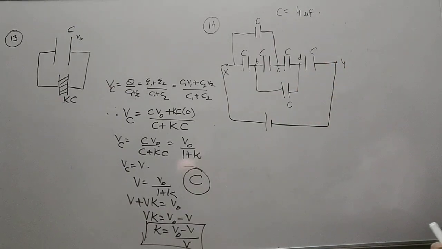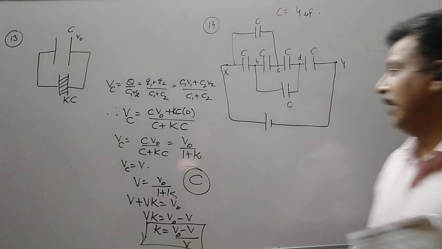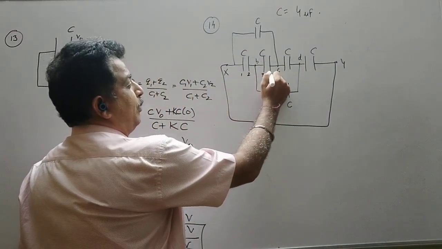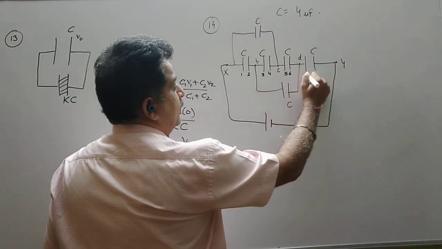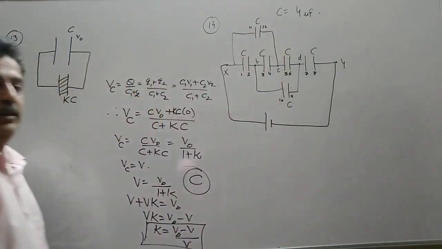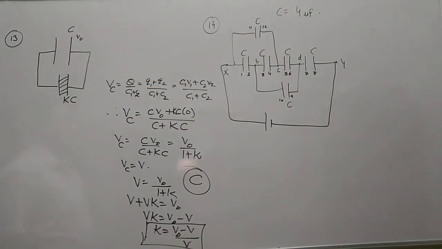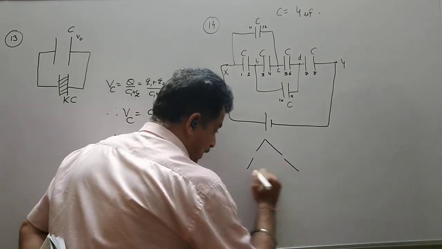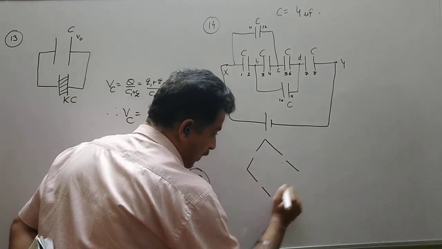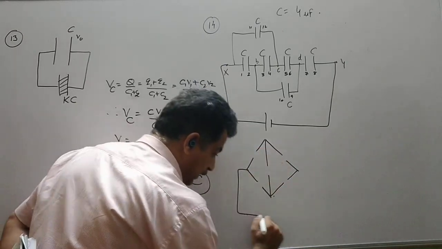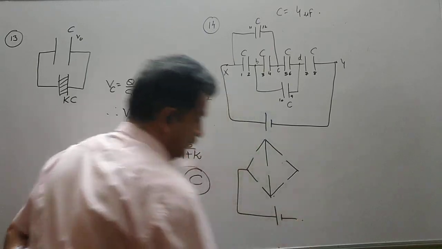Let us see this diagram. Now, one method to find out the equivalent is the numbering system. That is, you give a number to all the plates. So let us give a number to all these plates. These are the 6 capacitors, so 12 plates are there. The first possibility I will check is whether it forms a Wheatstone bridge or not. This is the positive terminal.